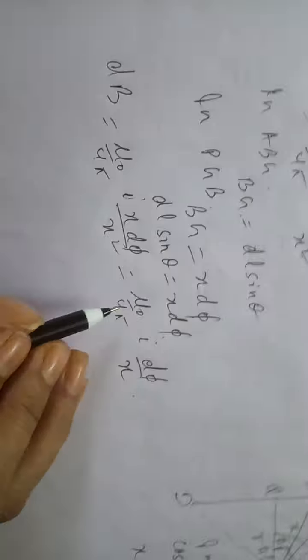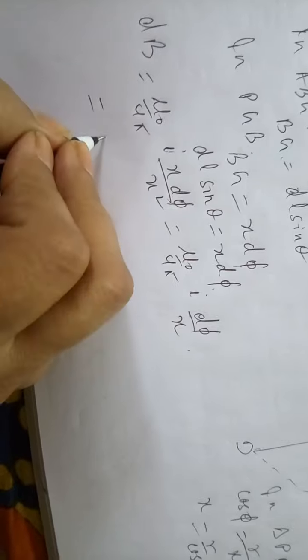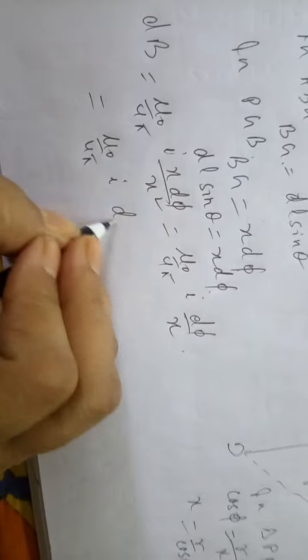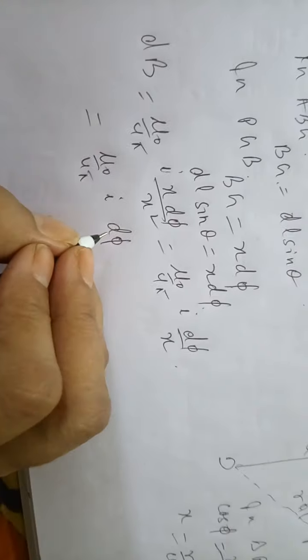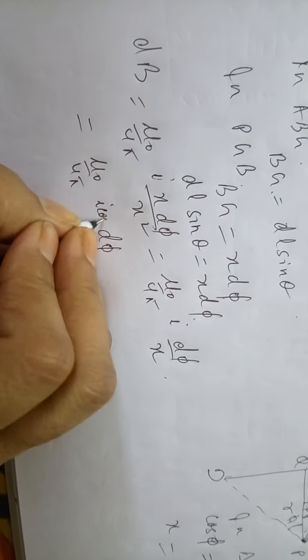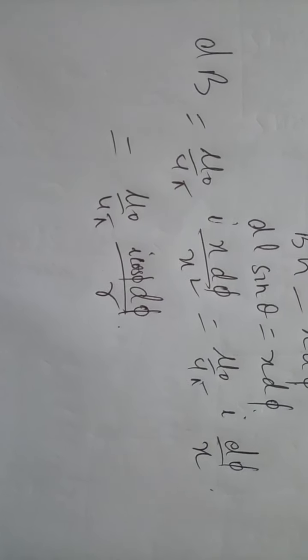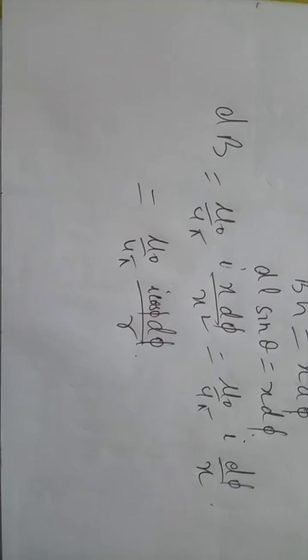So let us substitute this value here. Instead of x, what are we going to write? r by cos phi. While substituting, we get mu 0 by 4 pi I, and d phi will remain as it is. Instead of x, we substitute r by cos phi. So finally we get this equals to cos phi in the numerator divided by r. So we have a very nice relation here: mu 0 by 4 pi I cos phi d phi by r. Now we are interested in finding the total value of the magnetic field. So in order to get it, let us integrate.